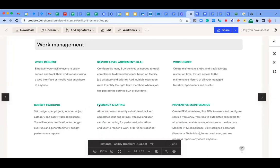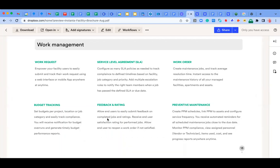We also have the feedback and rating. So this feedback and rating is from your facility users basically. Once they request for a job and the job gets done and completed, they are notified about this, and they are asked to rate how well they think the job was done. So they can give their feedback in terms of